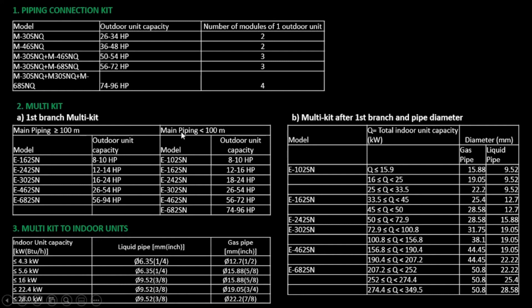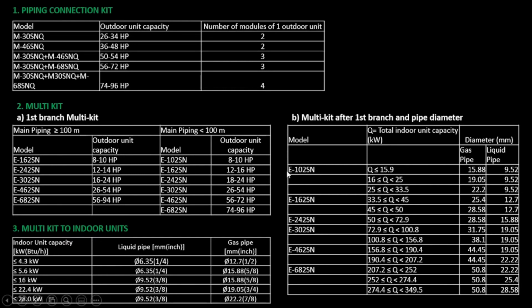Okay, but if the main piping is less than 100 meters, then we have to use this part of the table. For example, for the first part here, if the outgoing capacity is between 8 and 10 HP, then we have to use E162 SN. And if the outgoing capacity is between 56 and 94 HP, then we have to use E682 SN. For the second part, if the outgoing capacity is between 8 and 10 HP, then we have to use E102 SN. And if the outgoing capacity is between 74 and 96 HP, then we can use